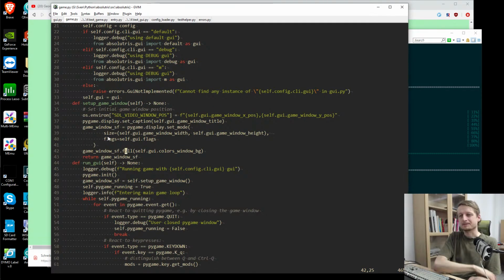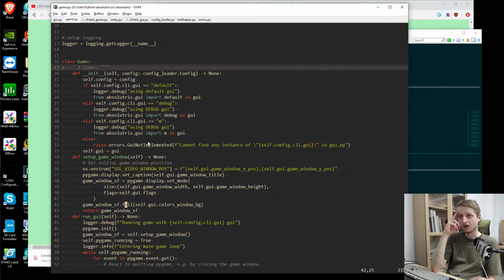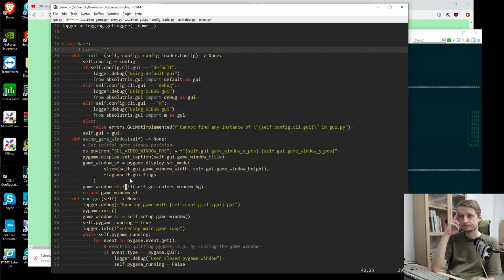So this setup game window actually interacts with a few GUI parameters like game window title, game window height and width, flags, and window background color, and it relies on a GUI being another class which is attached to the GUI attribute of game. And I'm not sure if I should have this GUI as an external argument, so I could give it every GUI, or whether I should